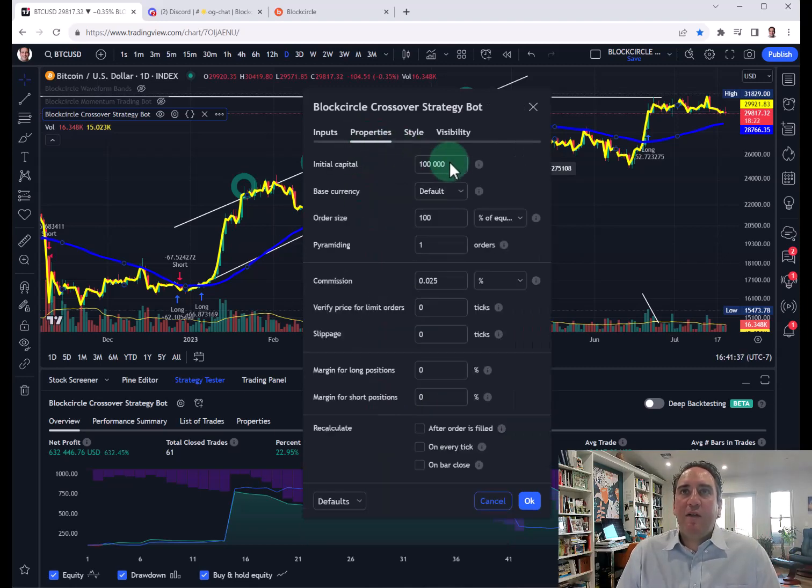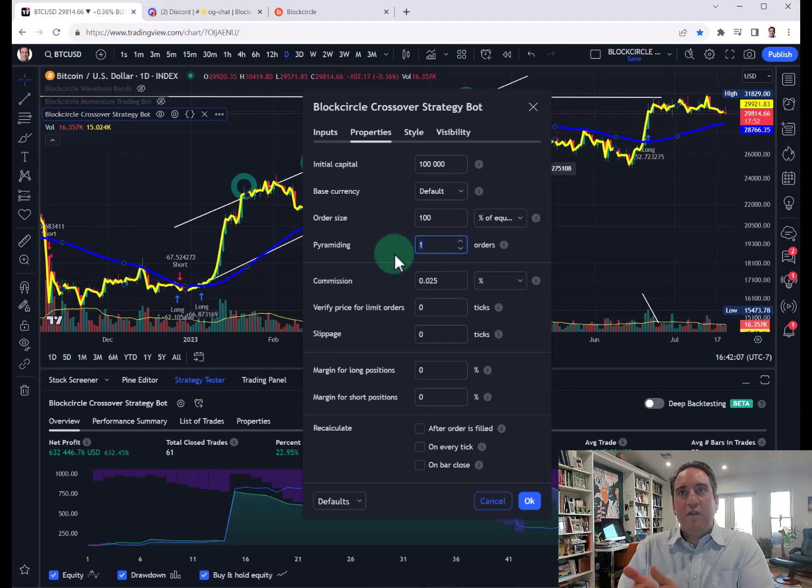And then the properties: you would use an initial capital of 100,000. Your base currency is by default US dollars. Your order size is how much equity you want to allocate and deploy to this particular strategy. So let's keep it at 100. Pyramiding, just keep it as one order at a time, which is essentially the number of concurrent and successive orders